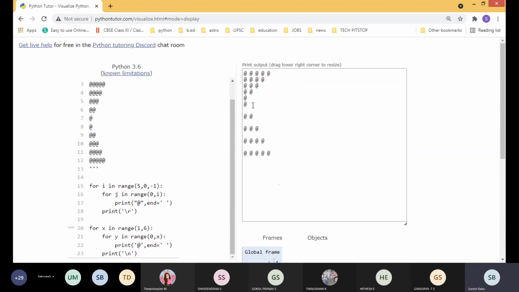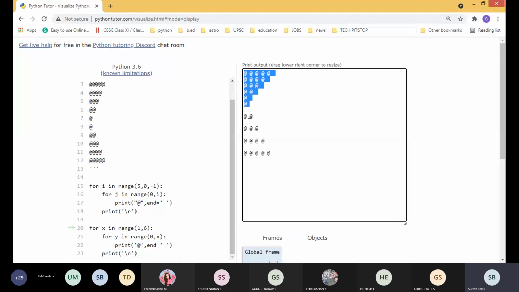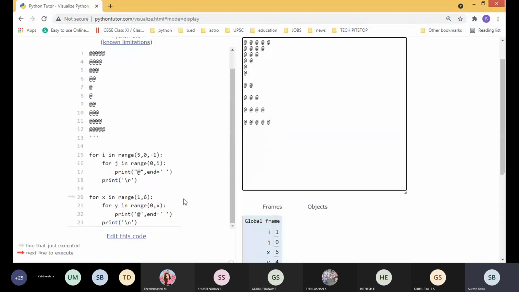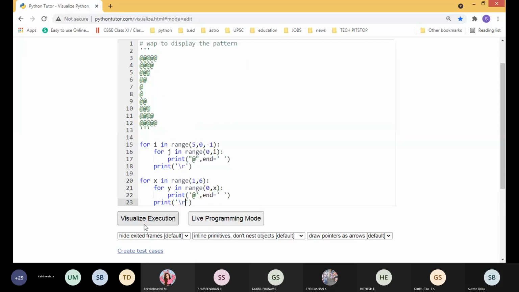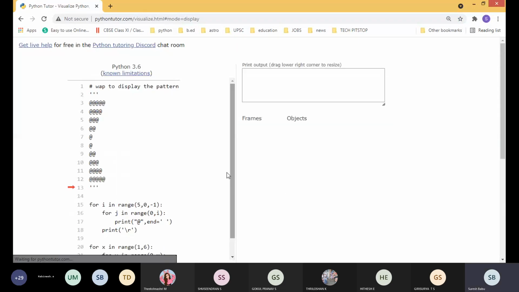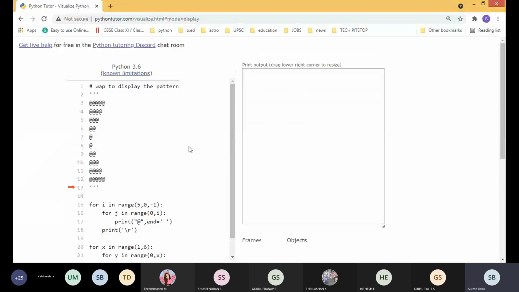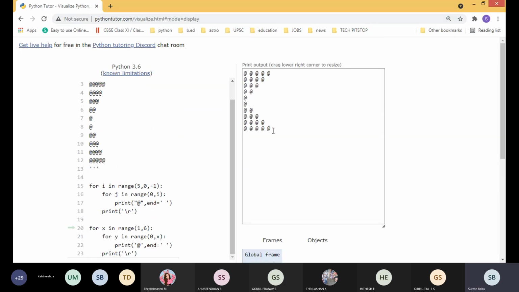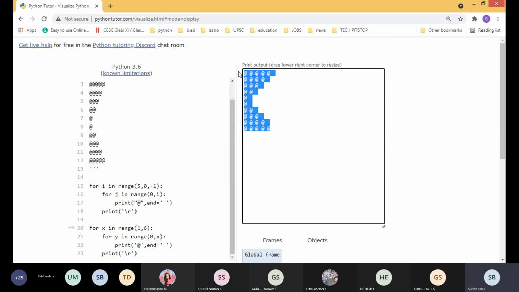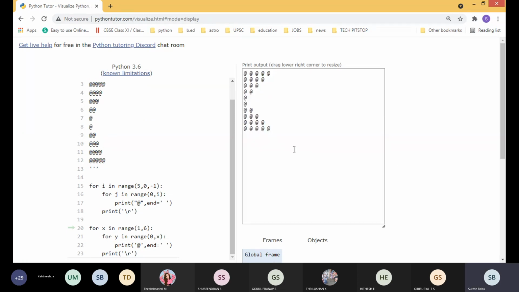The first half, you see, then the second half. For every line in the second half it gives a new line. That is the usage of slash n. Slash r means you get the output immediately in the next line. Just on change, we used two programs in the same thing and it looks like a single program. Now you can see the output pattern. We got the required pattern.